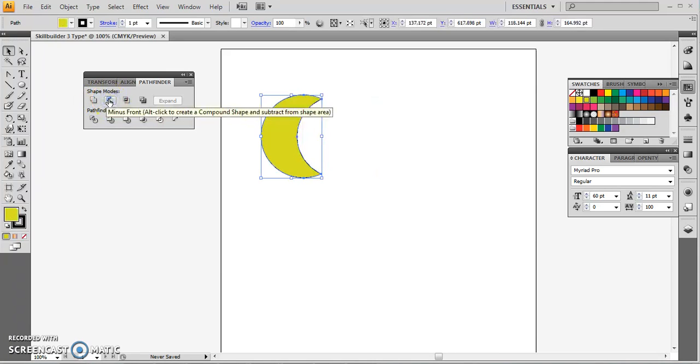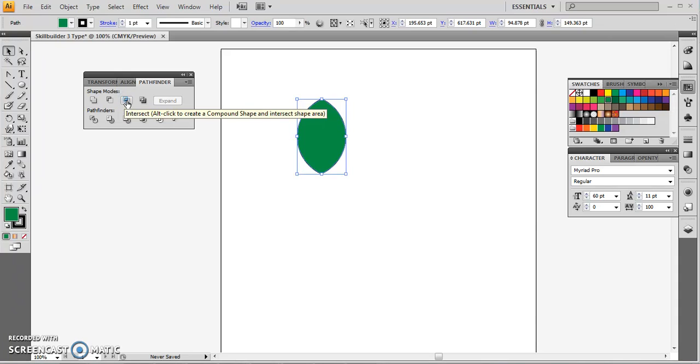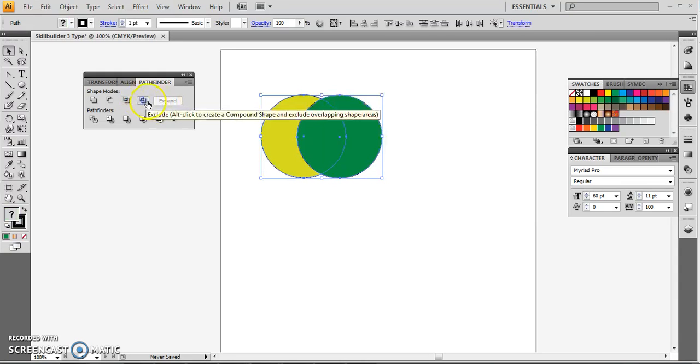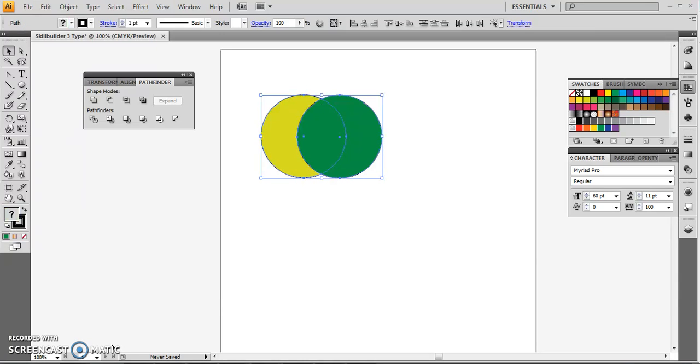When we go back to minus, it's just going to show us that one shape only, so that cut out. When we do intersect, it's going to create a new shape from where those two shapes overlap. I'm going to do Control Z to undo, and exclude is going to take out wherever they're overlapping, it's going to take out that area and make a brand new shape from that. In the second row,